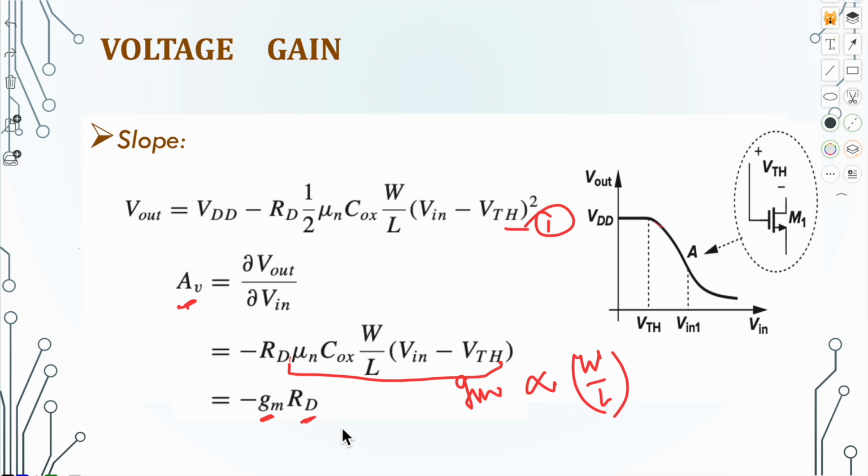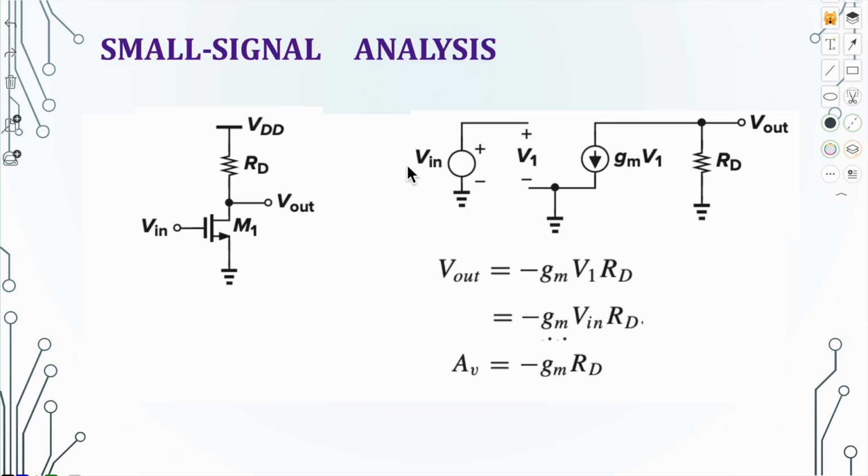And as we increase this resistive load, the voltage gain will also increase, but power dissipation and parasitics will also increase corresponding to this load resistor. Now moving ahead towards the small signal analysis. The small signal model of the common source amplifier is very simple. So in this diagram we have ignored the channel length modulation resistance.